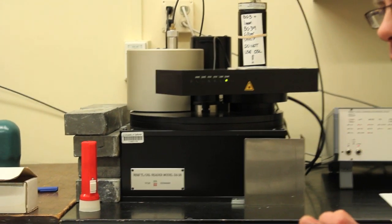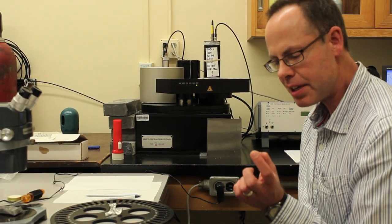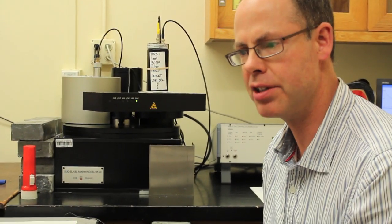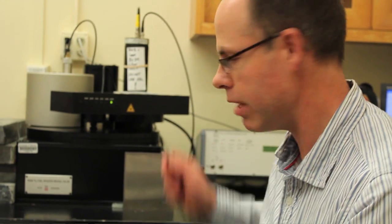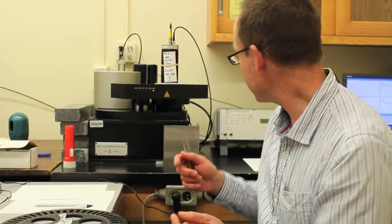And we hold the sample at a slightly increased temperature, and that allows the electrons that became trapped over periods of hundreds of thousands of years within those quartz grains, since the quartz grain was last heated or exposed to daylight, the shining on of light in the machinery allows electrons to become untrapped. As they recombine in the crystal, they give out ultraviolet radiation, and we pick that up